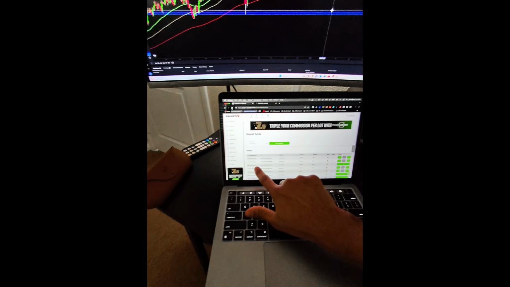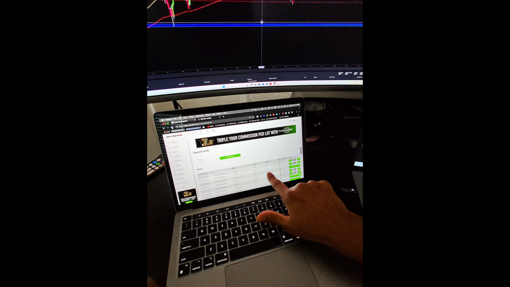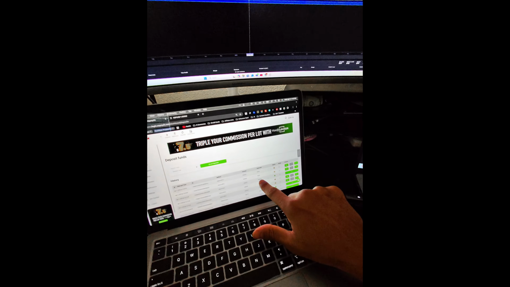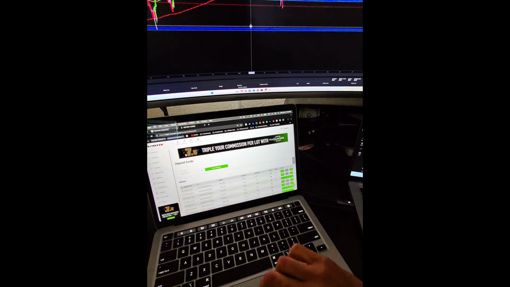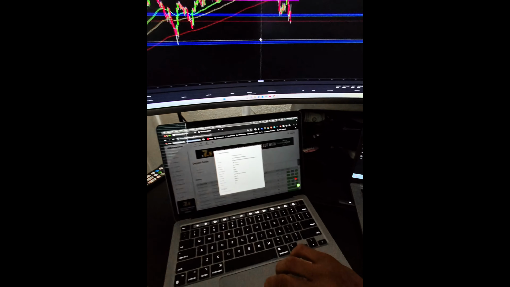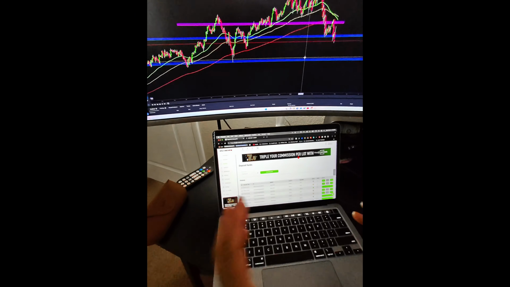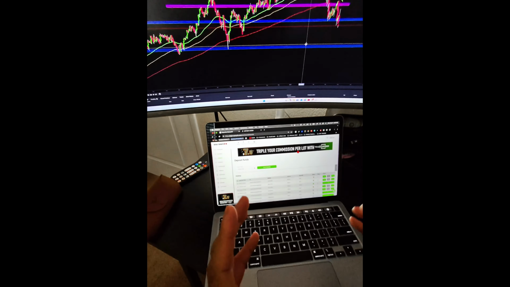All right, so right here you can see that I was approved for $289.96. So basically there was some sort of fee. But now this is how you transfer your money to your trading account. So really simple, you go from deposits to transfers, and then go ahead and transfer type. So I'm going to go from my wallet to trading platform, which is TradeLocker.